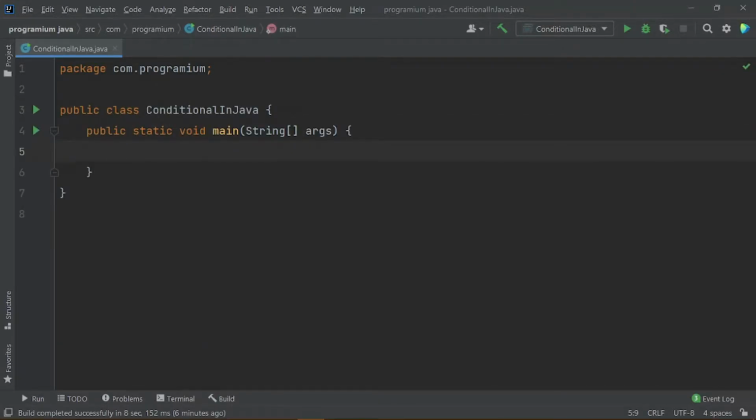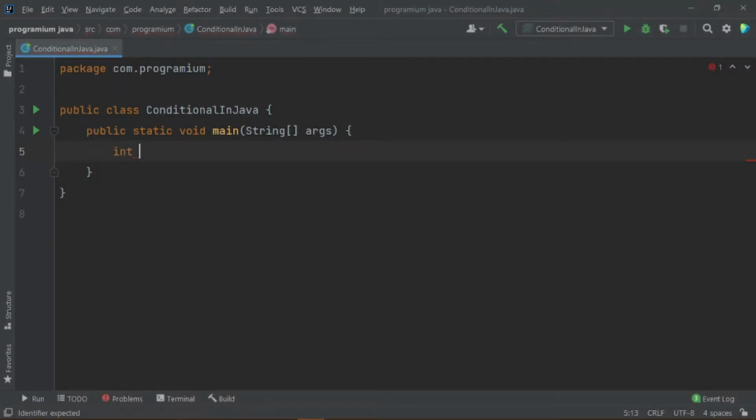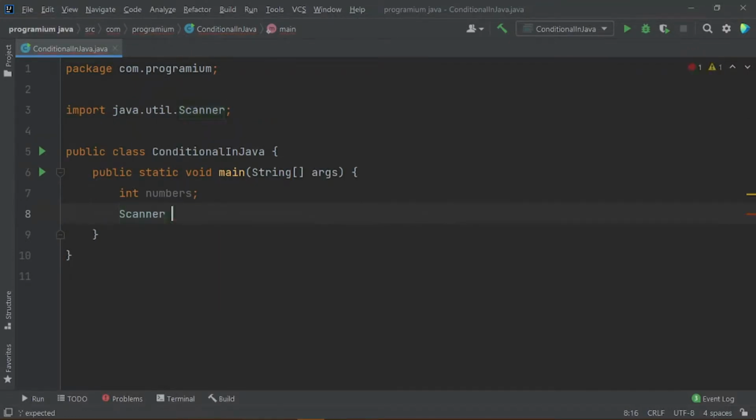To understand how to use these conditional statements, let us see a scenario. We will make a variable of data type integer, and its name would be number, and create a scanner object, sorry.